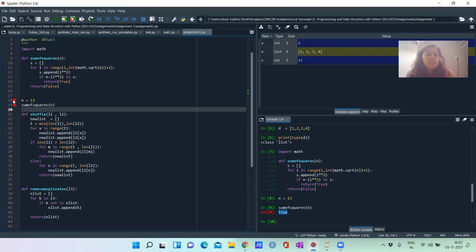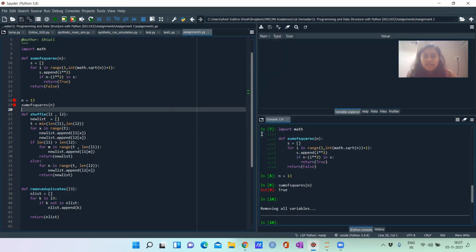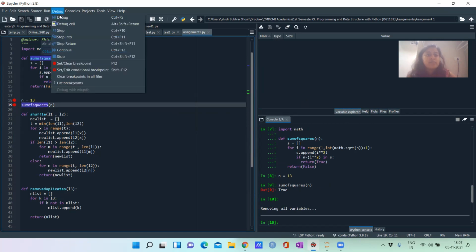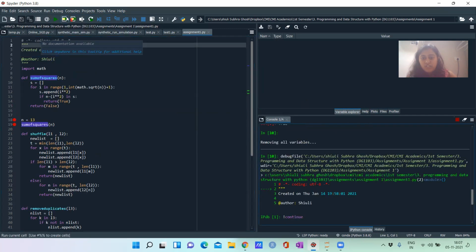The debugger will walk from this line to this line. I'm clearing all the variables. Fine. Then you will see how the sum of squares is actually running, how the loop is actually iterating. You can check from this debugger. Then click on this debug, and okay.